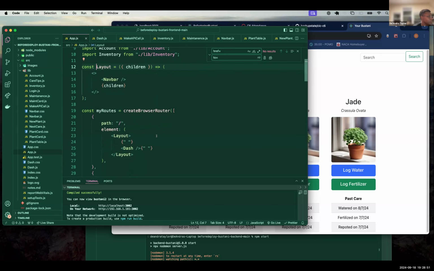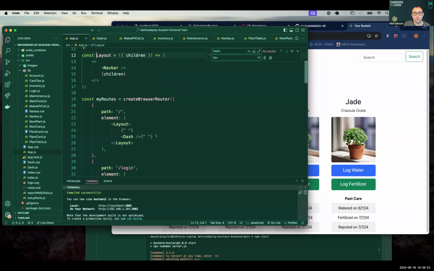I like it. Would you like me to convert it to the Outlet thing? Yeah, I do. I was trying a different file. I was like, this is too much. I'm just gonna wait. This is not a bad approach. It's not the official React Router way of doing it, but it clearly got the job done. So it's not the end of the world.